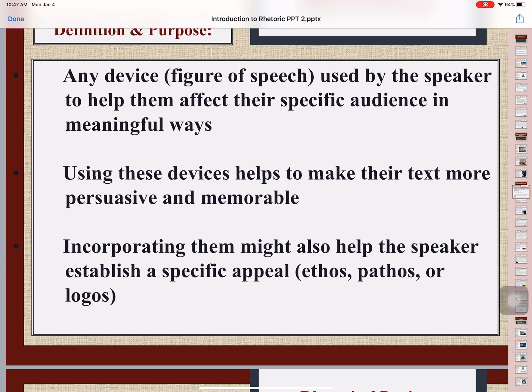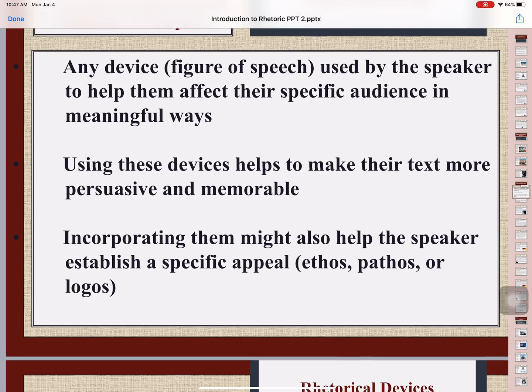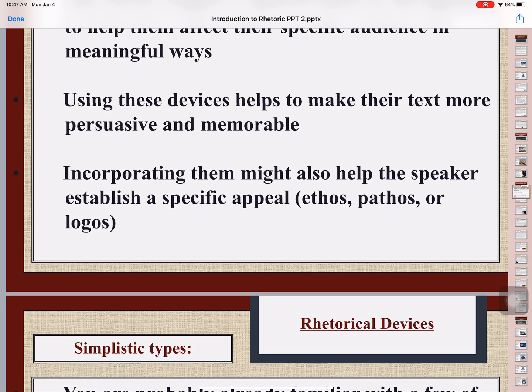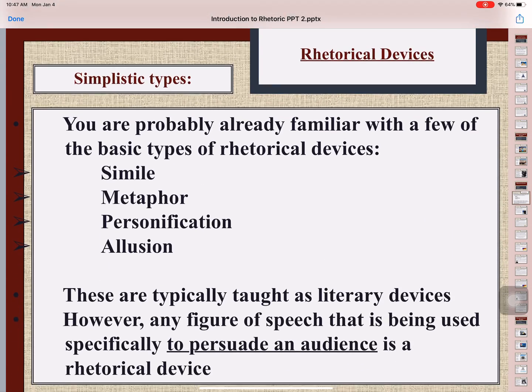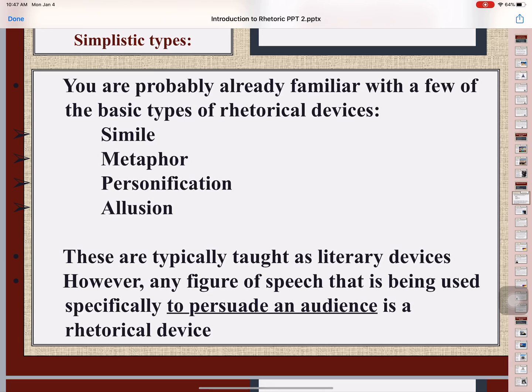Anyway, using these devices helps to make their text more persuasive and memorable, their text or their speaking publicly, or their advertisement. And then thirdly, incorporating them might also help the speaker, you, establish a specific appeal, ethos, pathos, or logos. So simplistic types. You're probably familiar with a few of the basic types of rhetorical devices: simile, metaphor, personification, allusion. These are typically taught as literary devices. However, any figure of speech that is being used specifically to persuade an audience is a rhetorical device. And we just use persuasion. We've learned it, I think, implicitly by example our whole lives, and now we're looking at it explicitly, all right,